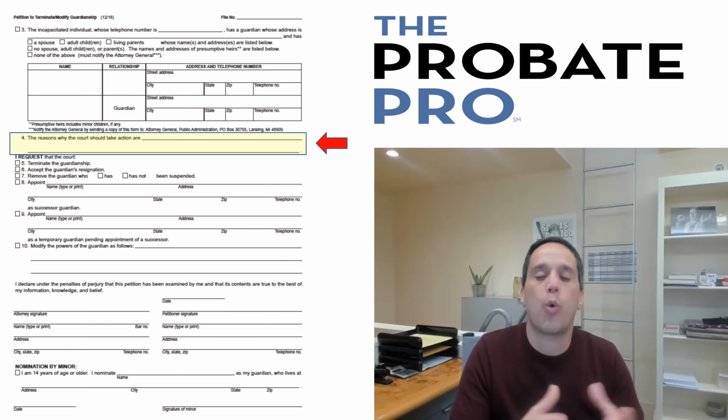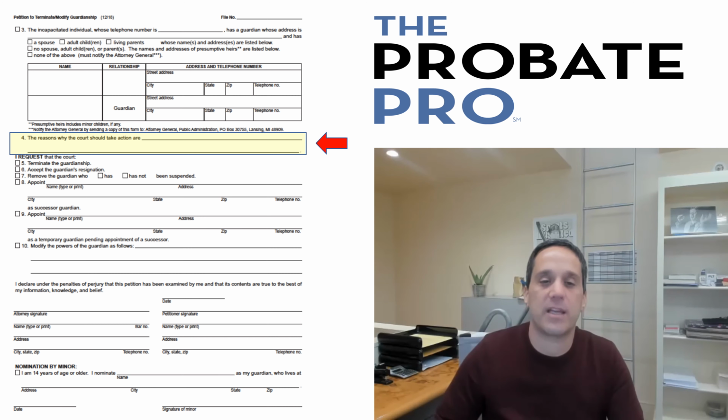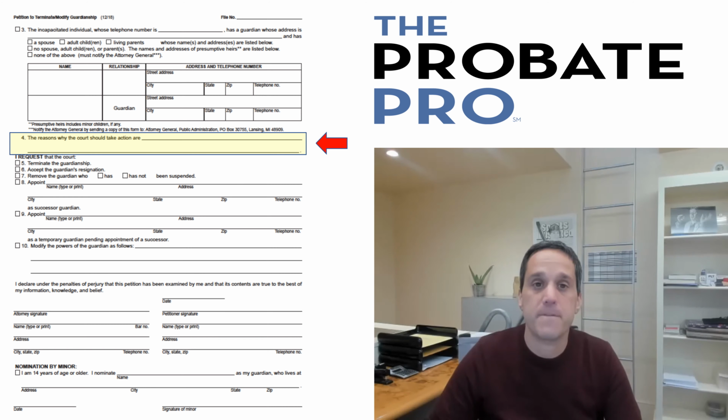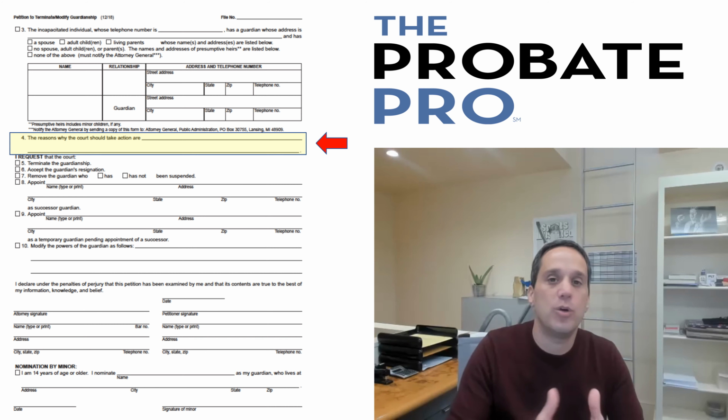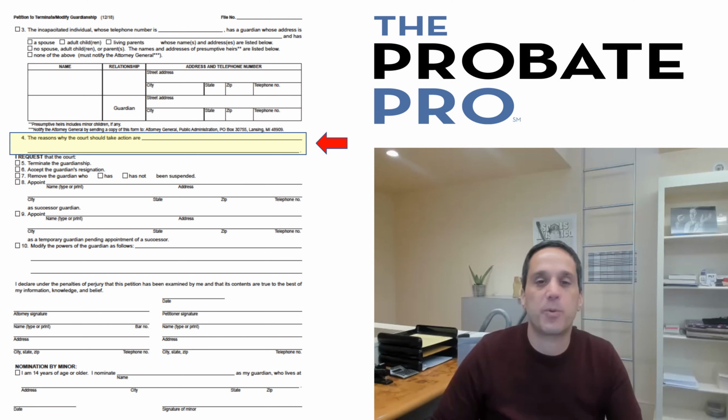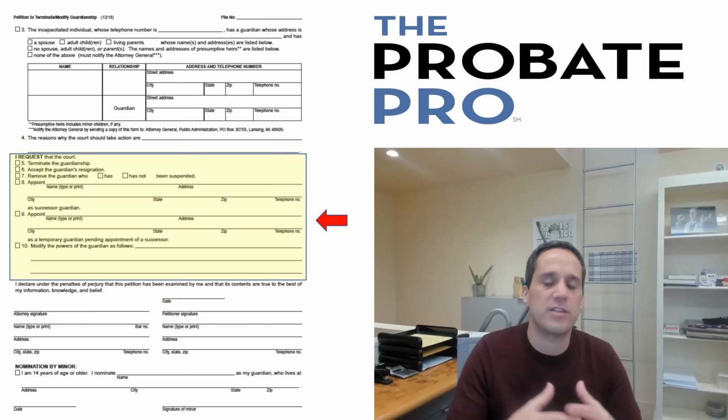Now, it is not a requirement, but we urge you to consider that as a factor before you go and put all this energy into filing a petition to terminate. So cite a basis. Why is there no longer a need for the guardianship? The person's improved in their health, they're functioning in a manner that no longer requires it. If you've got questions about this particular aspect, it's really critical that you consult with a competent, experienced lawyer in this particular space.